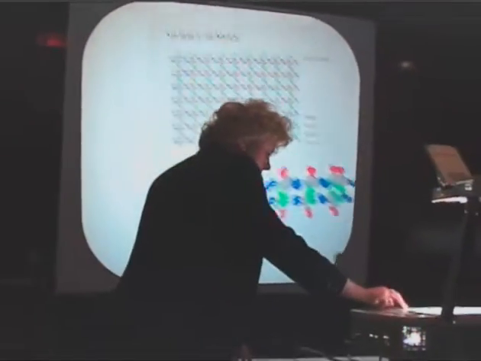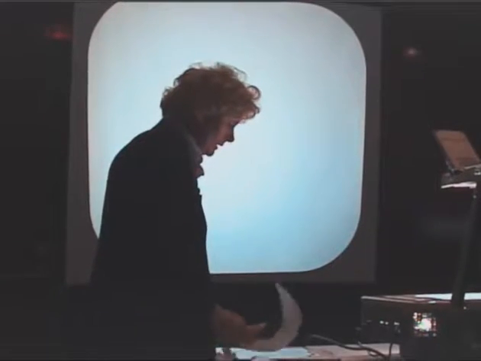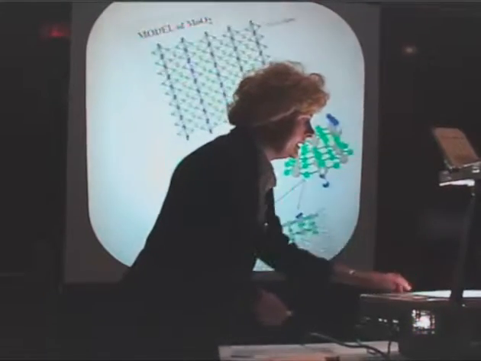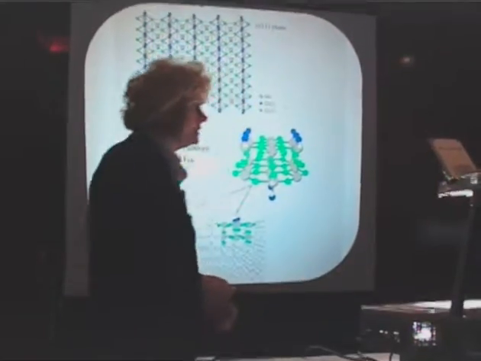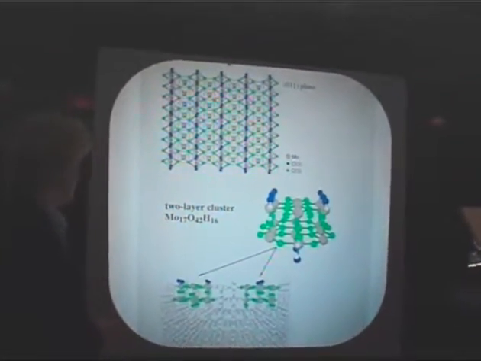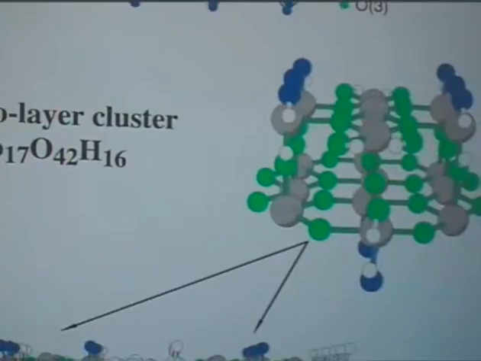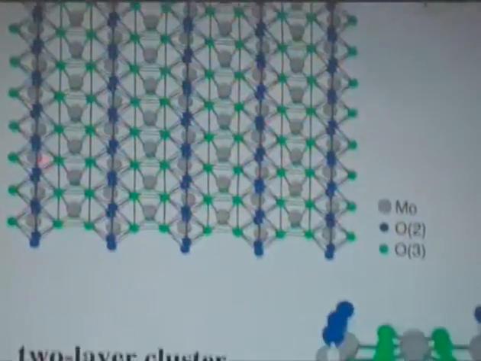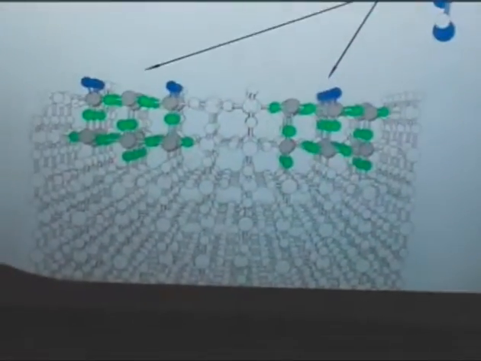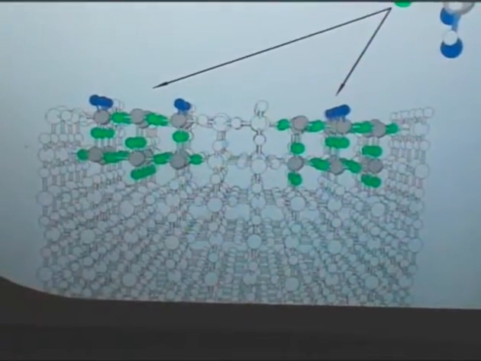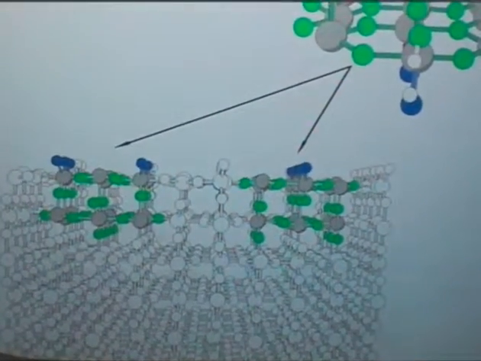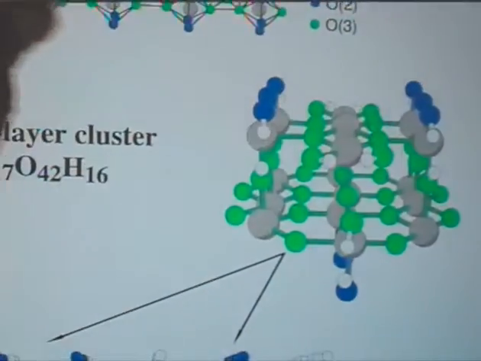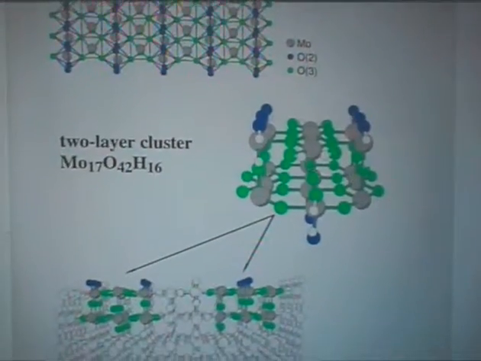The same pictures for the molybdenum dioxide look in that way. We have selected for our study the 010 surface, again the row of molybdenum oxygen octahedra, where the octahedra in the row are linked via edges and between the rows via corners. Every second row is tilted by 90 degrees. Here I have also shown you the cluster which we have selected, and that is in fact a very clever cluster,